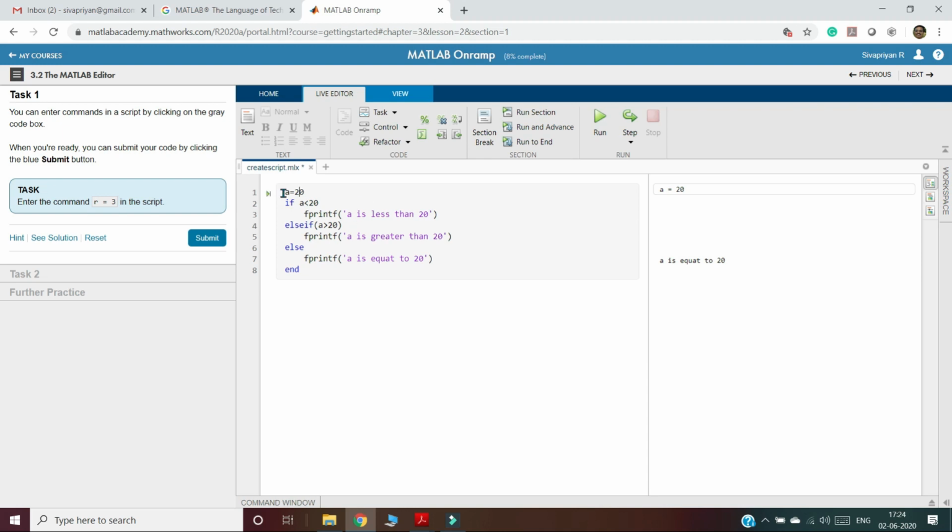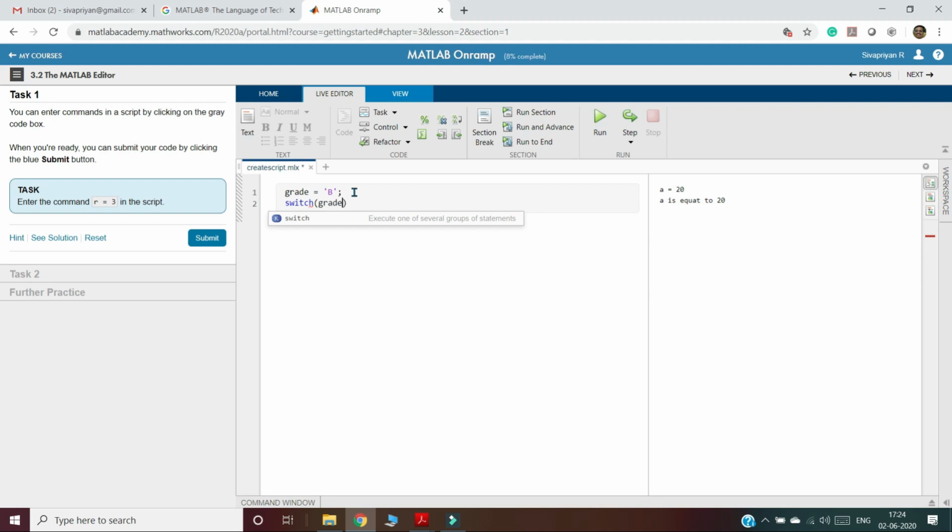Next one is how to use the switch case. So I will delete this. I will take grade equal to some character, B. I want to check this with a switch case: switch grade, so it will compare the grade.